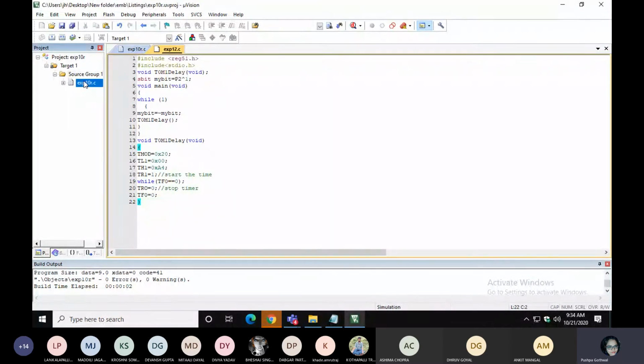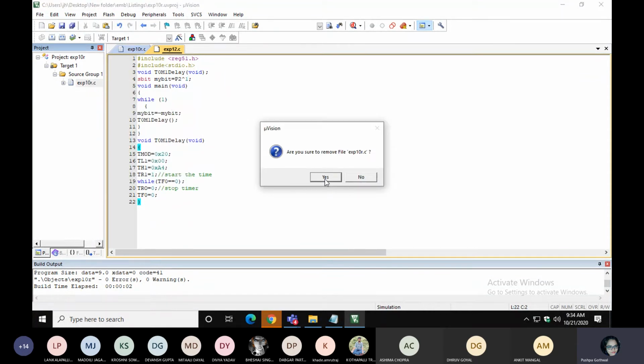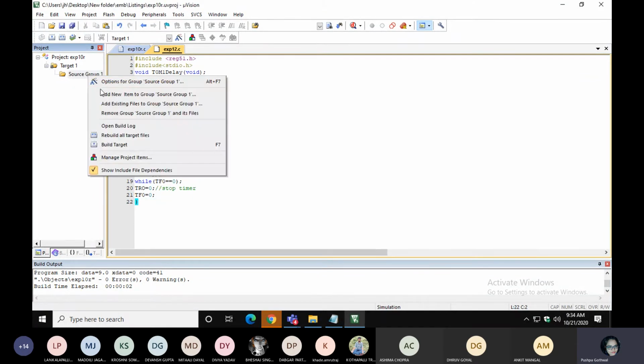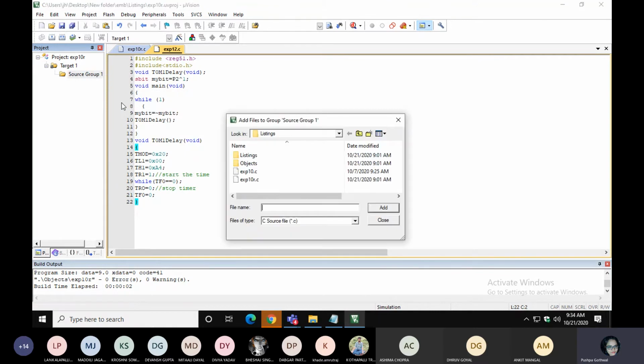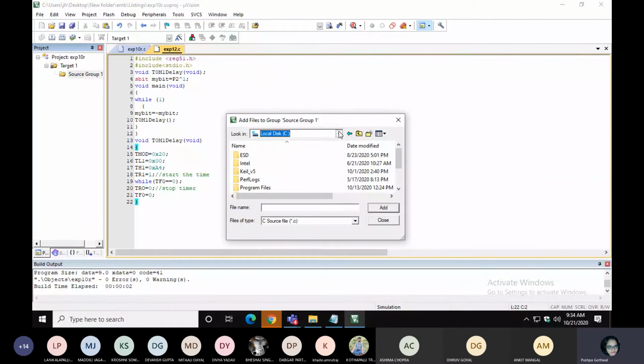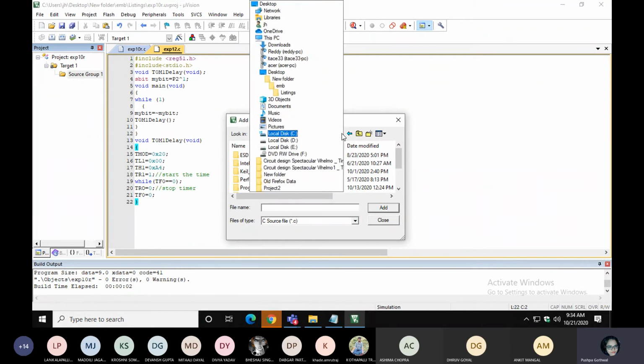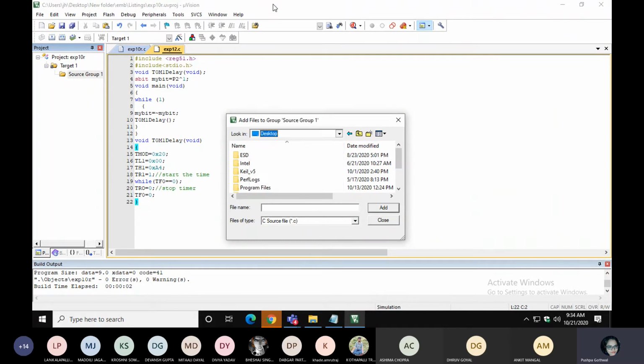Now what I have to do is remove this existing file because this particular file uses timer 1. So I'm removing it, and adding my own file: add existing file to group, which is on the desktop.